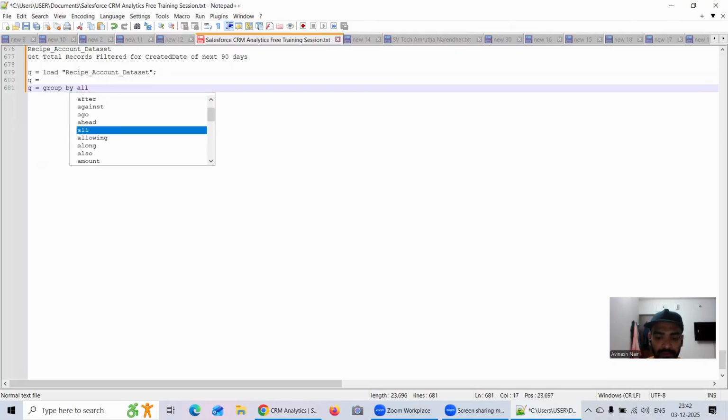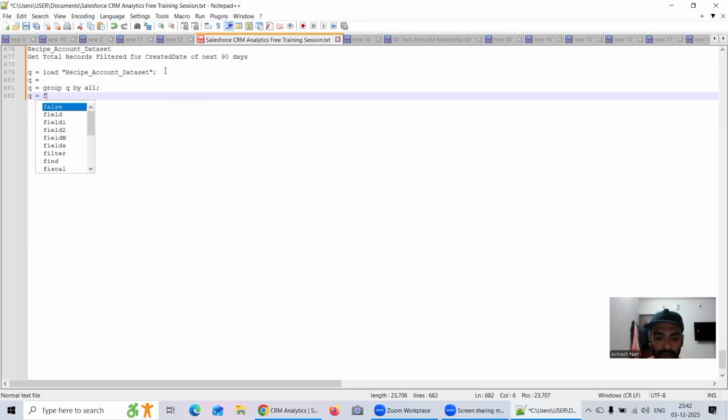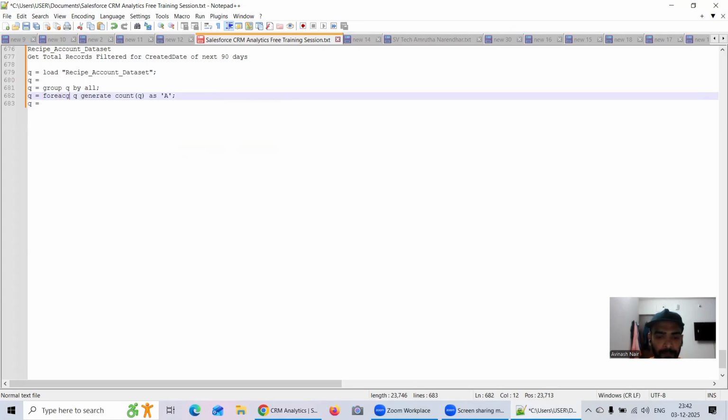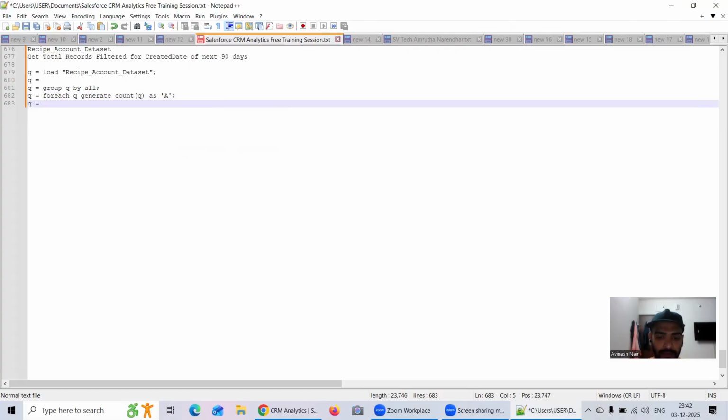Group queue by all, is equal to, for each queue generate count of queue as a, queue equal to limit queue 2000 and queue equal to